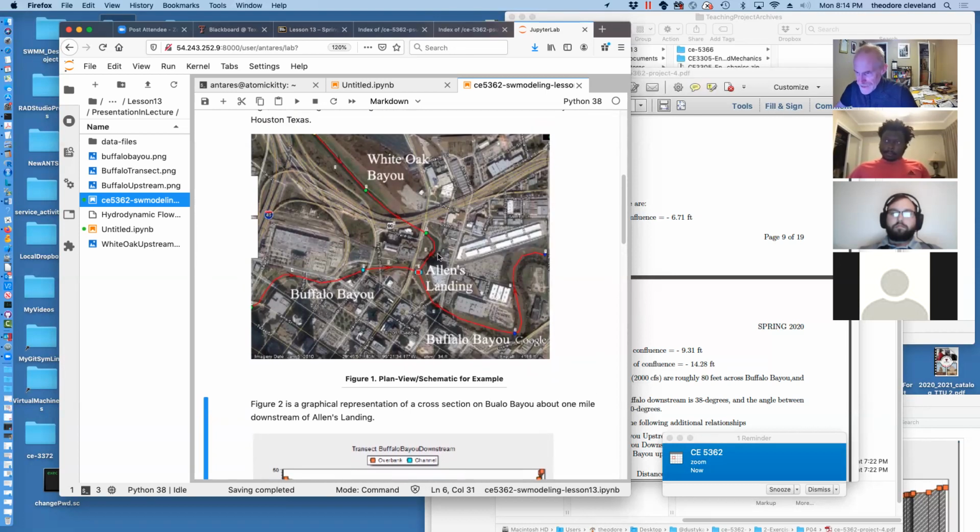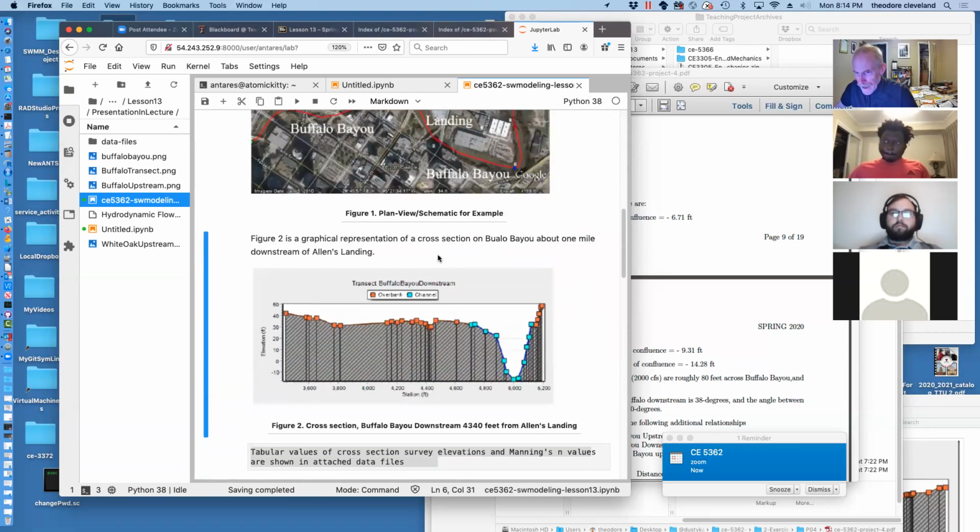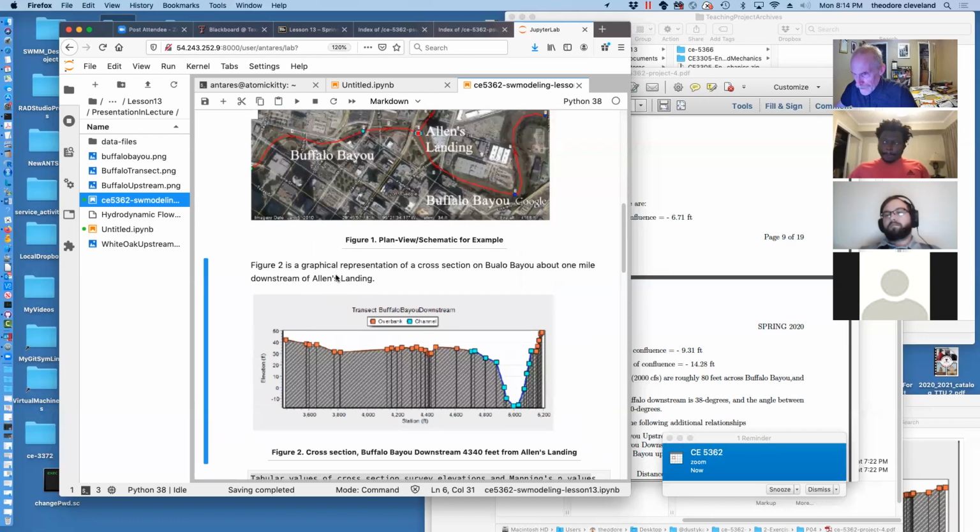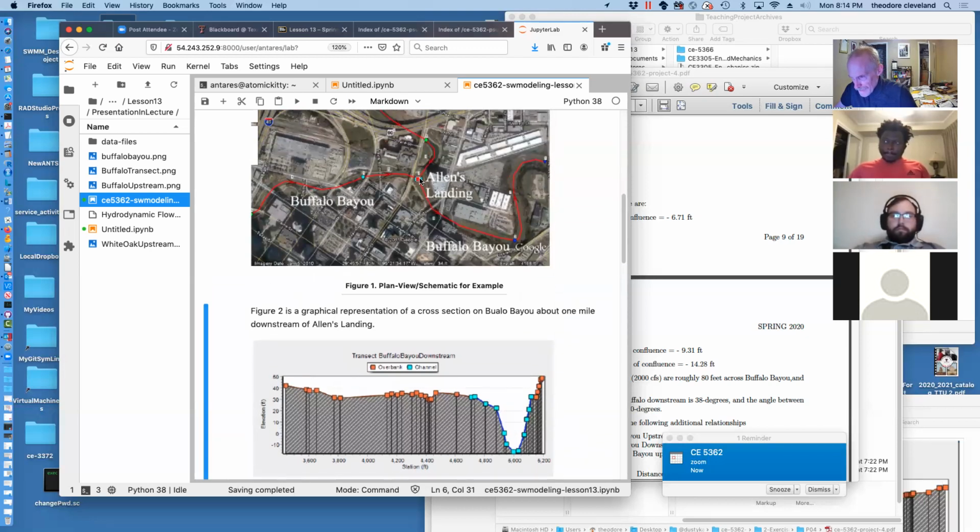Okay, so that's the background. Here is a graphical representation of a cross section on Buffalo Bayou, about a mile downstream of Allen's Landing. So somewhere down here. And it has a fairly odd stationing information because